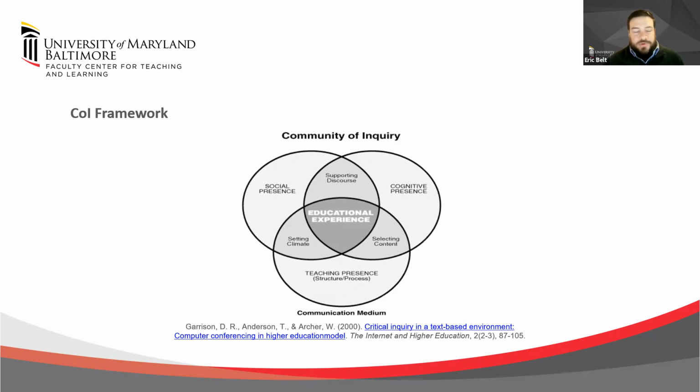And the researchers created this framework in three concentric circles of social presence, cognitive presence, and teaching presence. It's an interesting way, I think, to think about online courses in general, like having these three elements makes for a community in an online setting.